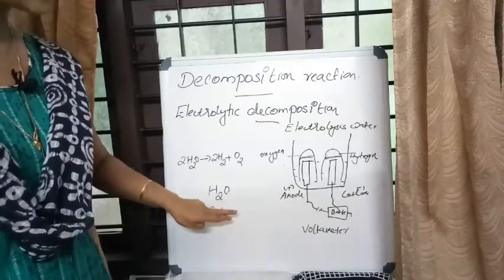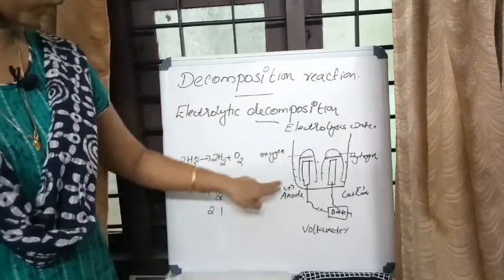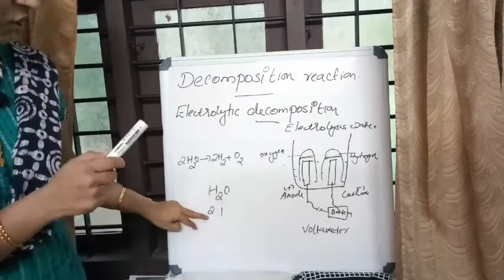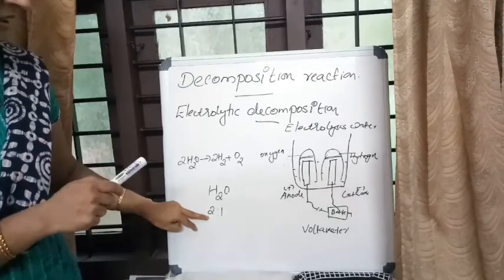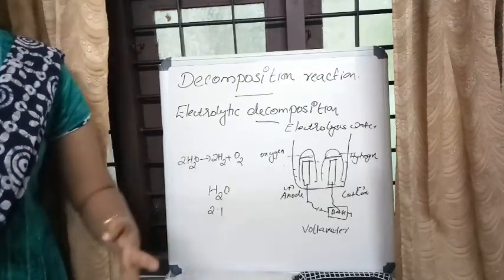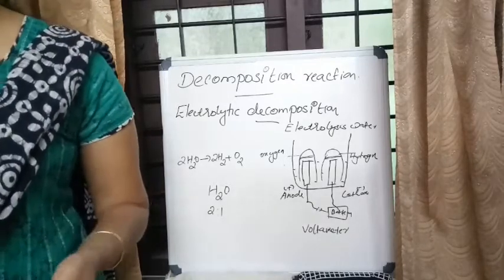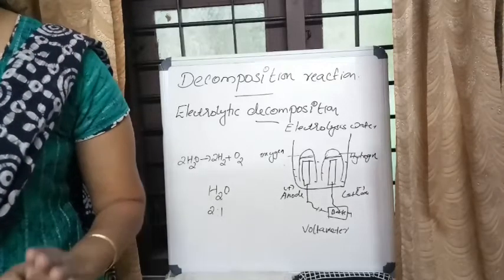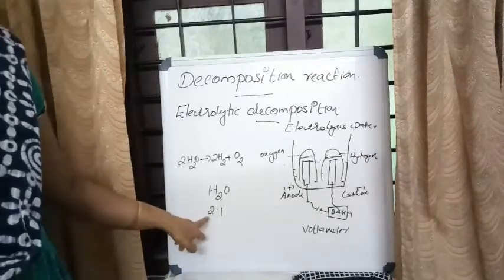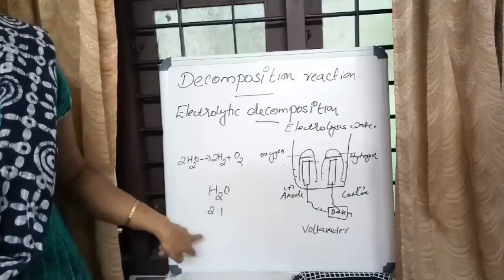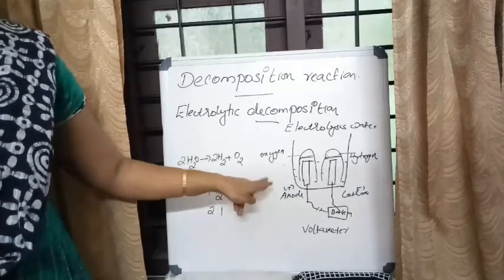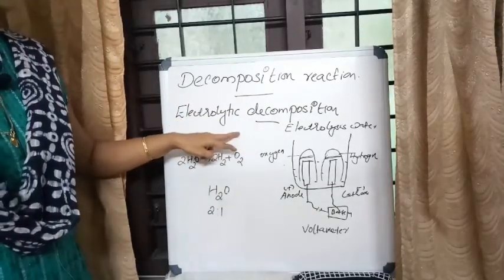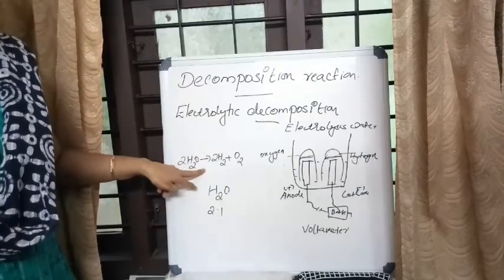So definitely there is formation of more hydrogen than oxygen. When there is a question like this, your answer should be: the ratio of hydrogen and oxygen in water is 2:1. You can expect a question like, why is there formation of more hydrogen than oxygen during the electrolysis of water? Explain. There should be only one answer, that is the ratio of hydrogen and oxygen in water is 2:1, so more formation of hydrogen than oxygen. So that's all about electrolytic decomposition of water. Electrolytic decomposition is the decomposition in which there is an absorption of electricity.